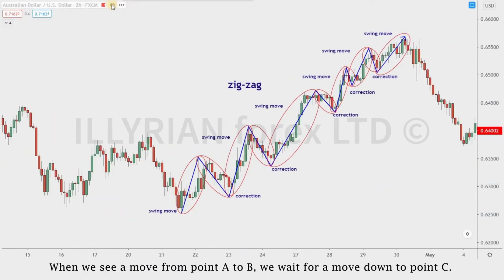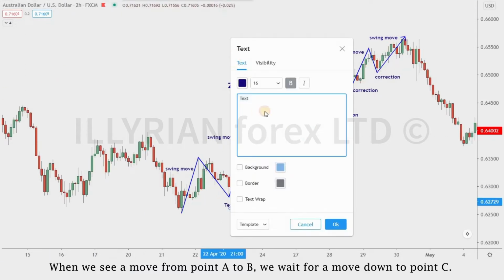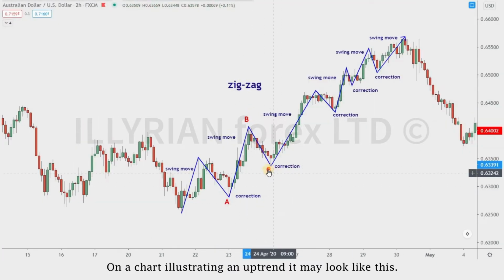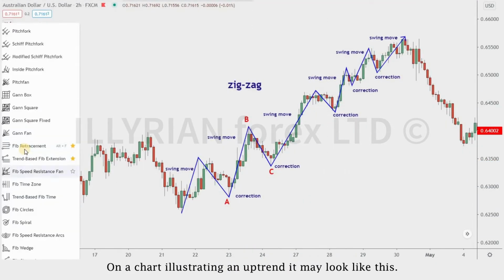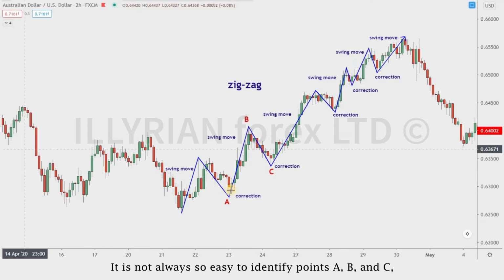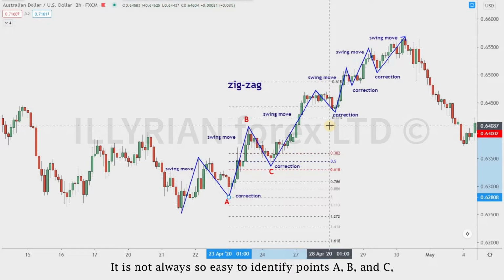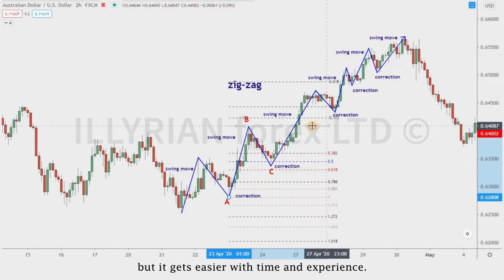When we see a move from point A to B, we wait for a move down to point C. Point C should be located between points A and B. On a chart illustrating an uptrend it may look like this. It is not always so easy to identify points A, B, and C, but it gets easier with time and